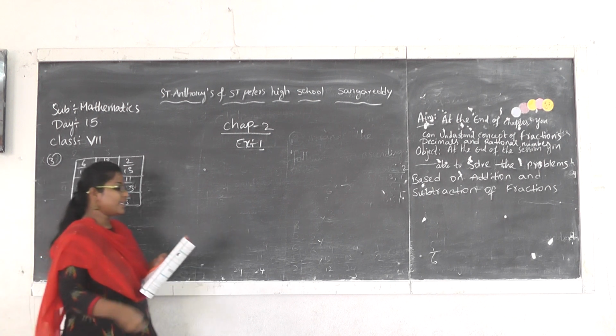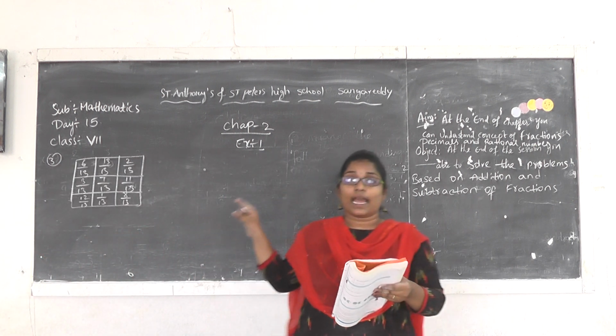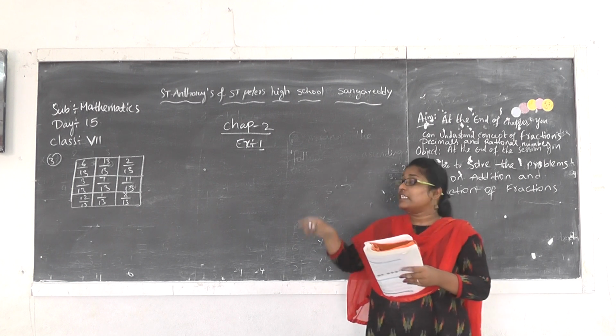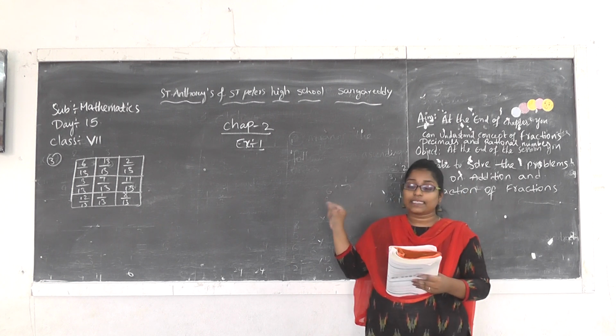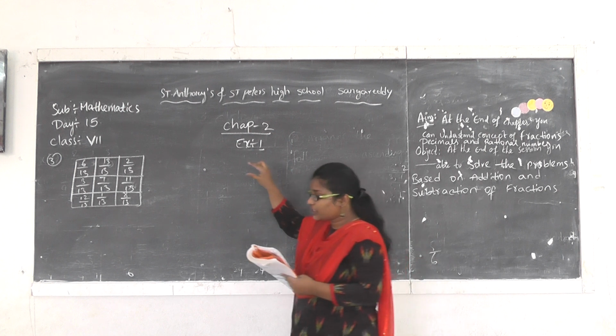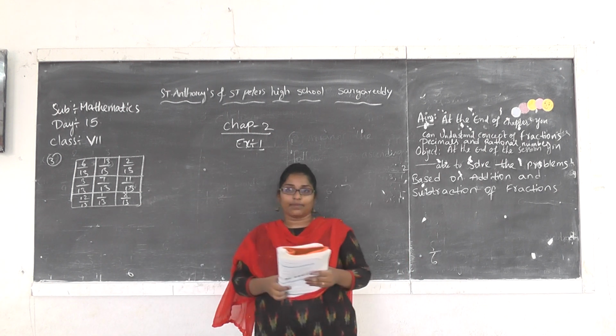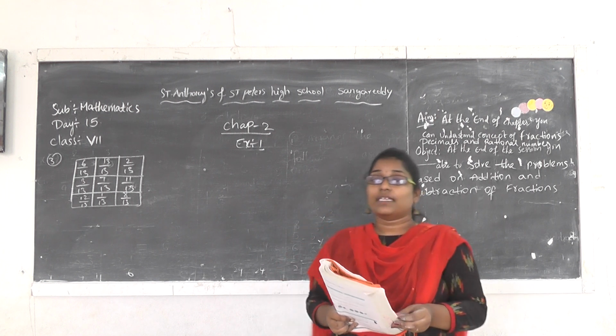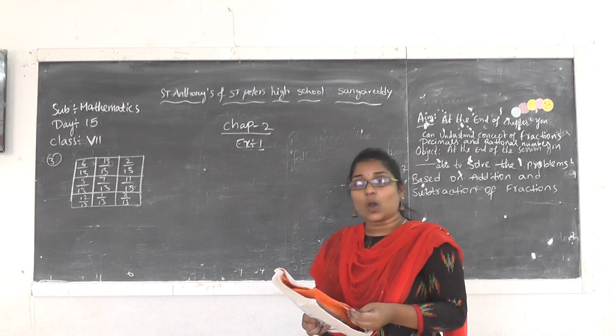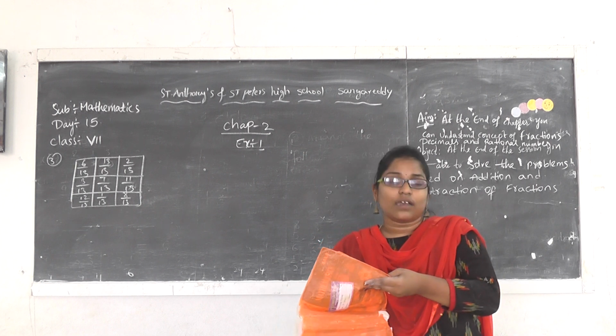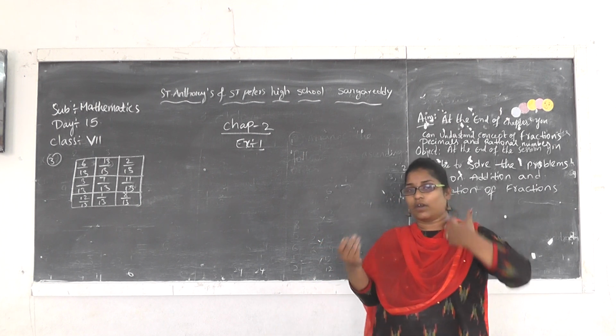Okay, this is a question. Check in the following square whether the sum of the numbers in each row, in each column and along all the diagonals is the same. Okay, we have to find whether the sum of each row, each column and each diagonal are all equal or we will get different sums.